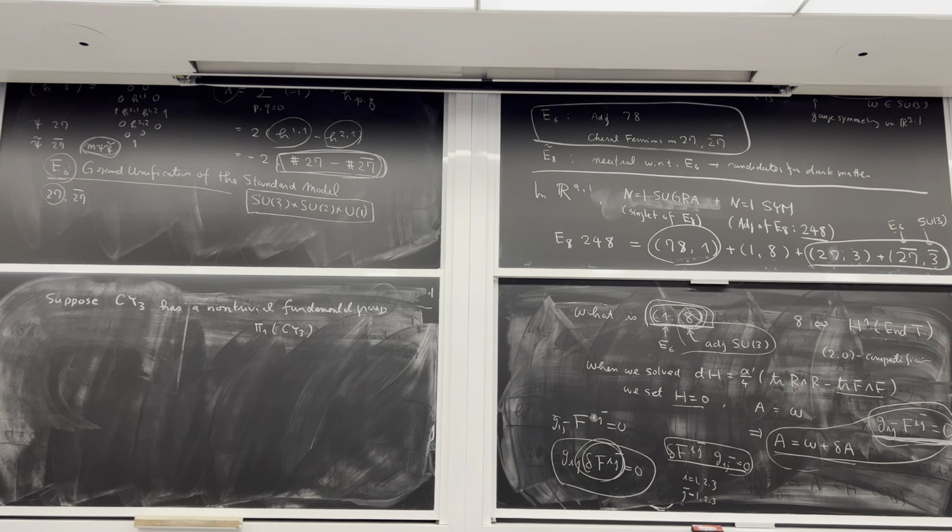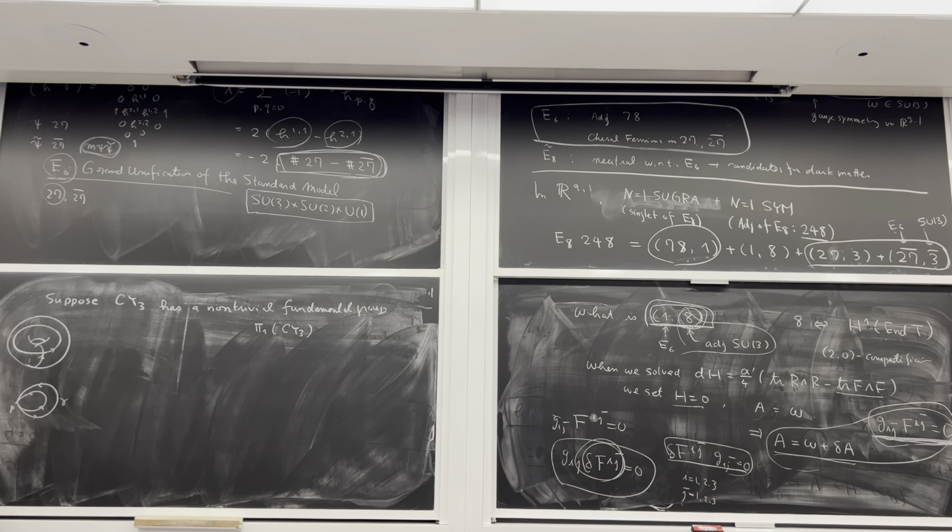By this I mean the following. So let me draw some picture. So suppose, for example, you have a torus. Then there are two generators of the fundamental group. So you can go around here, come back, or you can go around here and come back. In general, the fundamental group can be defined as a deformation class of a loop starting from some point on the manifold, going around and coming back. And you consider paths, and then you consider what's called the homotopy class of the path. So you allow continuous deformation of the path like that.